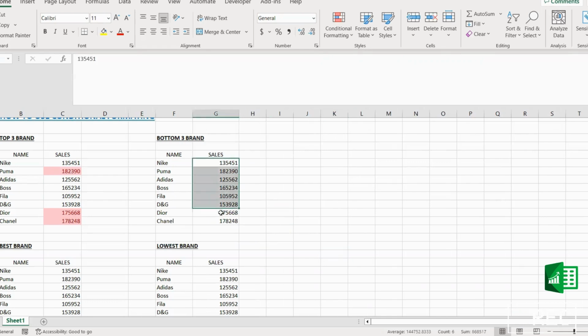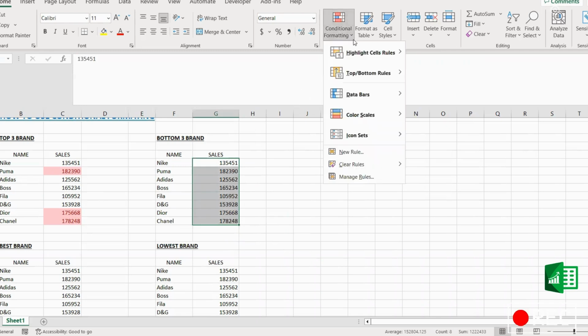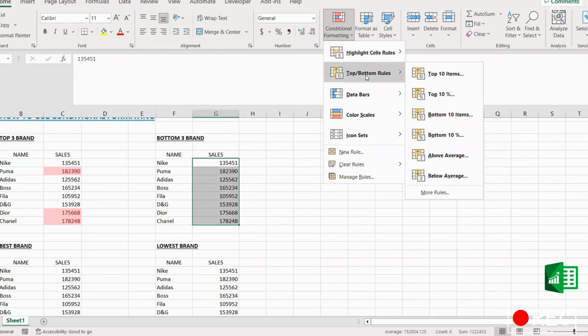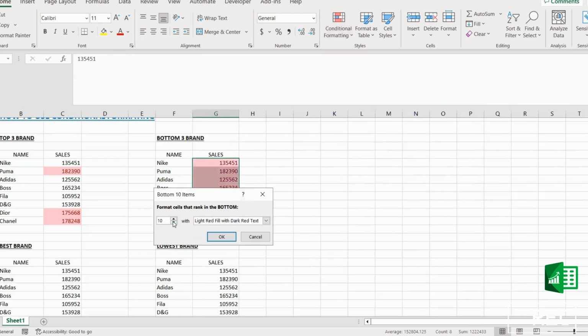Select all line items, go to conditional formatting, Top/Bottom Rules, and then Bottom 10 Items. Here we can change the number. We are going to take three, the bottom 3 items. Type 3,